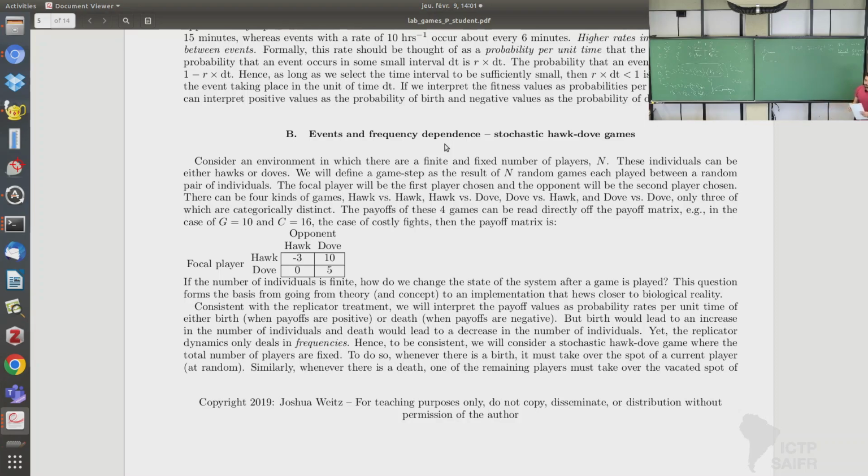Okay? Meaning it's the rate at which hawks will die in your simulation. And the same thing goes for those. When you have some payoffs that are positive, that is birth, which in fact in this model is the only thing you have for those, and when it's negative, you have death, okay? So